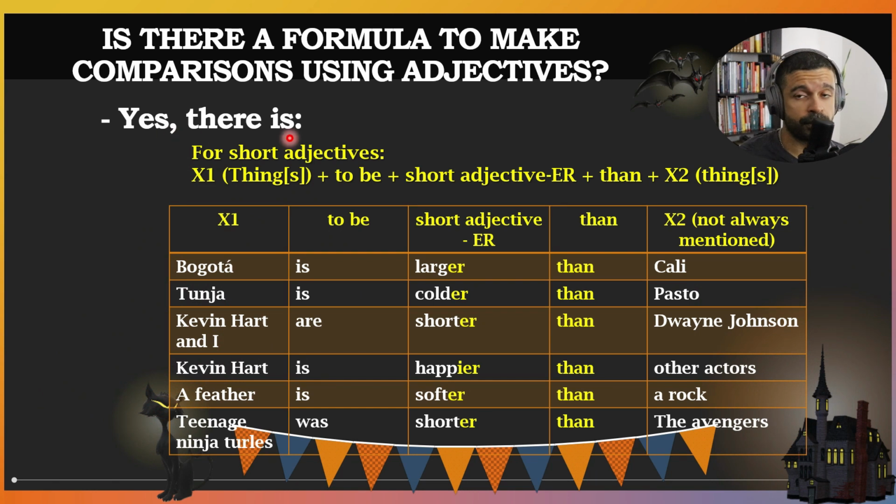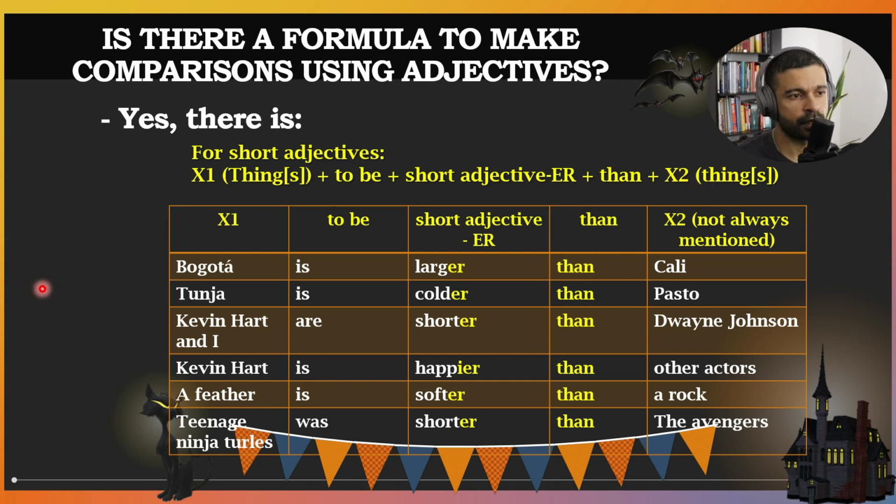Yes, there is a formula, and here I show it to you in yellow. For making comparative statements, we need to compare 2 individuals or things also. That's the most important thing. We compare 2 of something, 2 individuals or 2 groups of individuals. Then the verb to be, then a short adjective. Remember, we need to modify that short adjective by adding er. Then the word than, we cannot omit this part. And then the second thing or things that we are comparing with the first one.